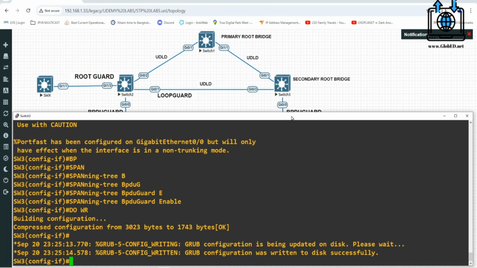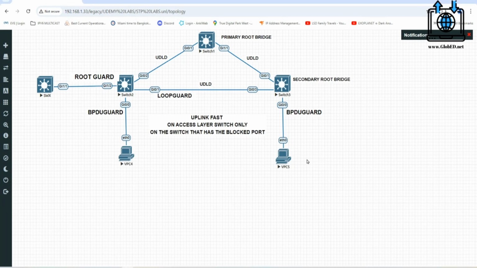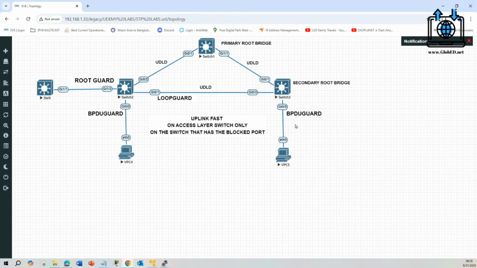But since we're using the BPDU guard enable, it's guarding against anybody plugging in. Let's say this PC goes down, or you take off this PC and you plug in a switch trying to be slick. It's going to become an err-disabled port, which you're going to have to bring up manually. So you saw the uplink fast, which you did in global configuration. You can do it here, you can do it here. Doesn't matter. If that's what you want to do, then do it.